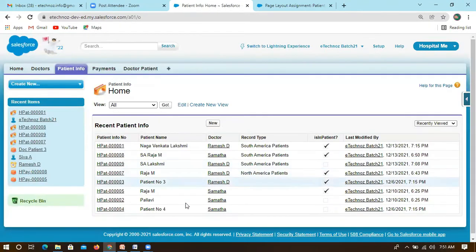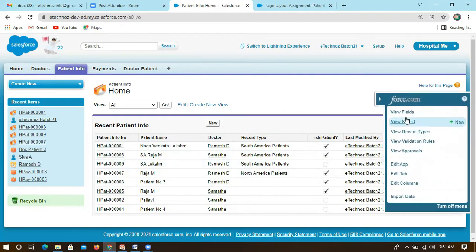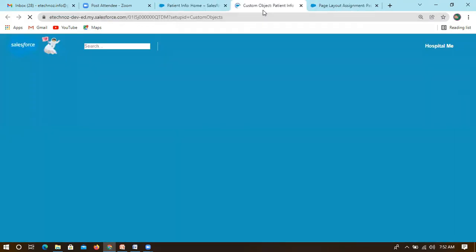So all are aware, right? All the terminologies which we are using: app, tab, sObject, fields, data, record, record type, page layout, right? So everyone is clear, right? Like search layout, what is a search layout? What is a list view? What is a tab view? All this you can see and control at the object level. So if you go to object, you can see all the terminologies here.